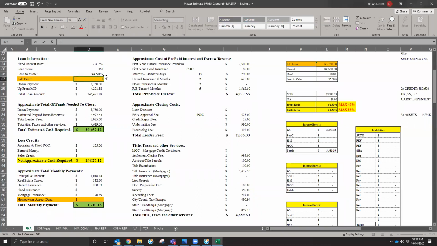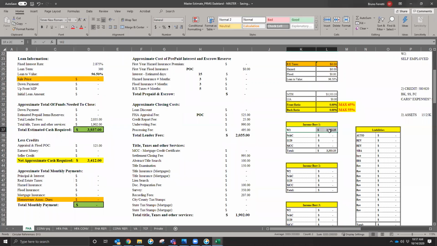So let's start off here. Right now, I don't have a sales price, but I do have their income. You follow? Okay. Right now, I have that they make $40,000 a year. So $40,000 divided by 12 is $3,333, right? So this is their monthly income. Now,